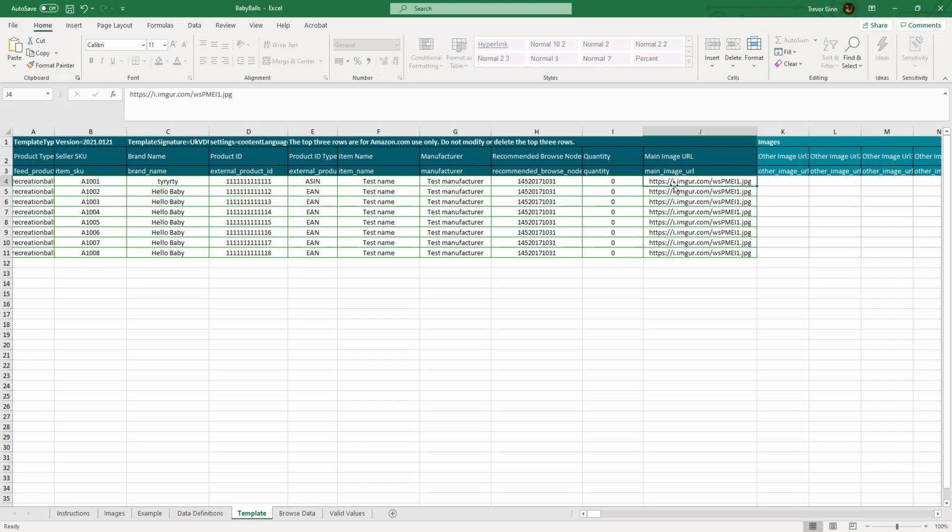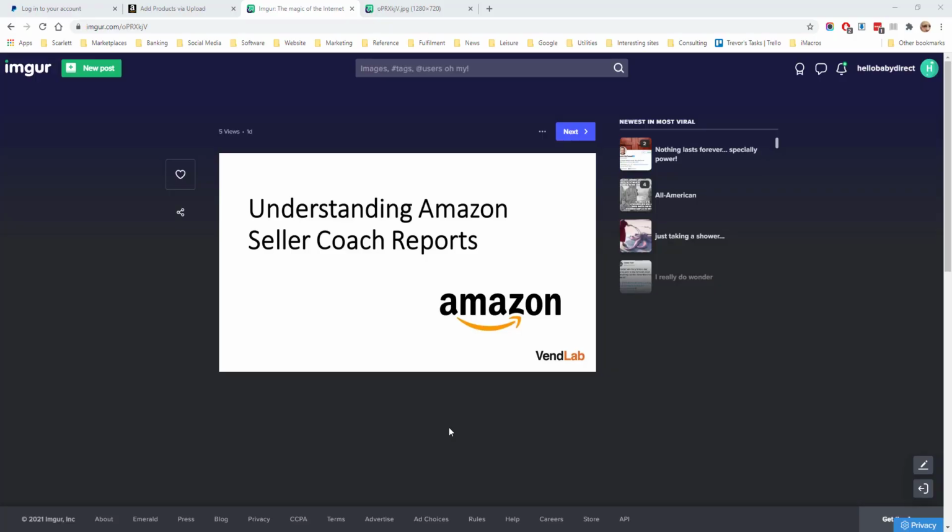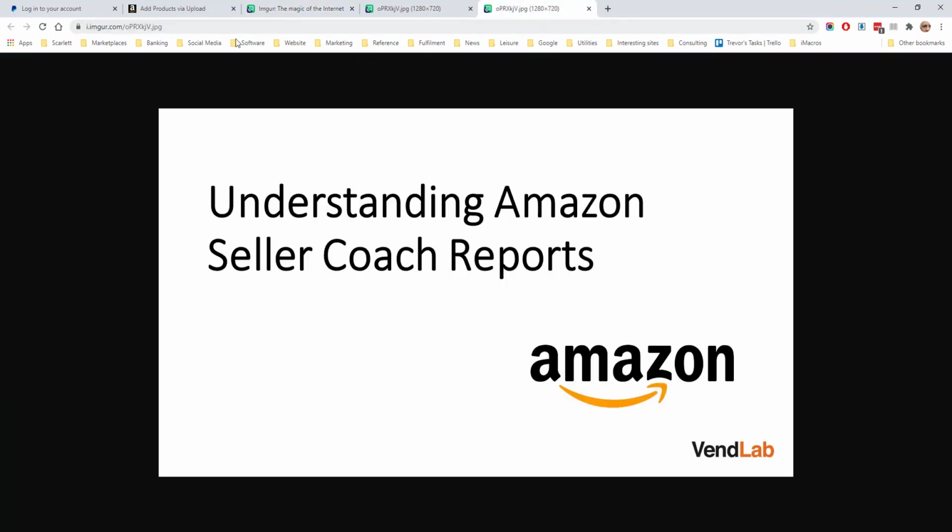If you're looking for a free hosting company, one you can use is this Imgur web hosting site, which provides free web hosting. If you upload your image to Imgur and go to the image, you'll see this kind of address in the search bar at the top. This is not a full URL and will not work with Amazon. However, if you click on the image and do open image in new tab, you will see the full path here with the extension, which you can then copy